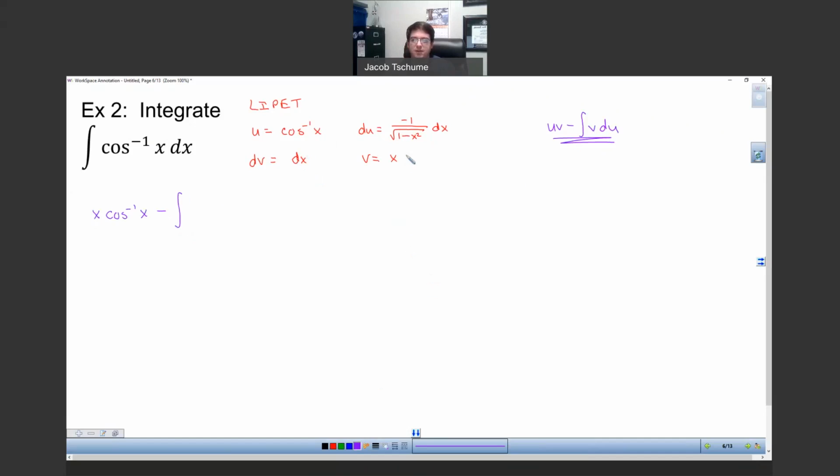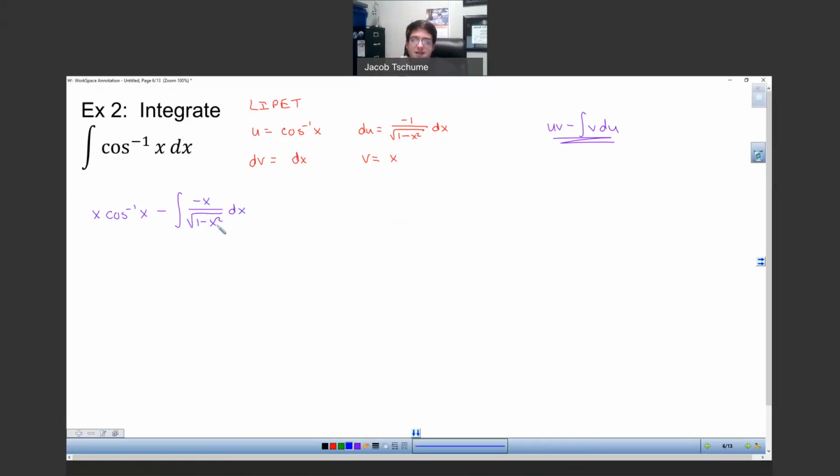And if you multiply your v and your du term together, you will get -x over the square root of 1 minus x squared dx. Now, if you would like to, you can factor that negative out front. I'm actually going to leave it there because I think it's going to end up canceling anyways, because the only way to integrate this function now is not